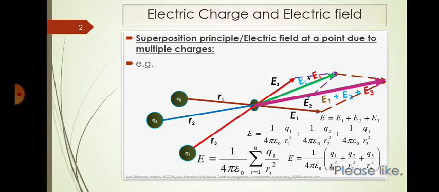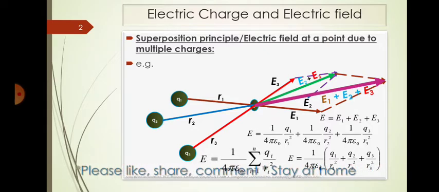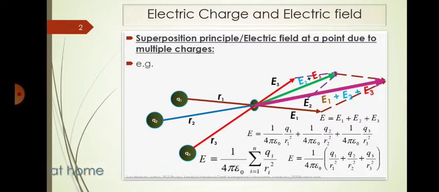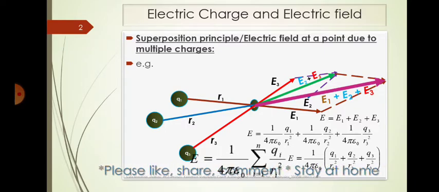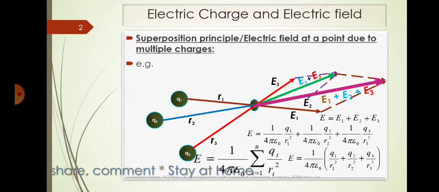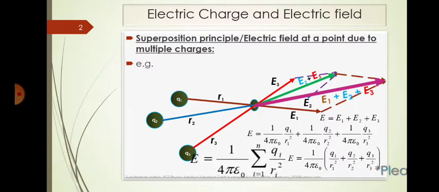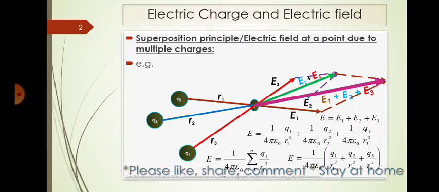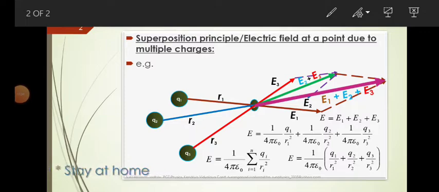Okay. So this superposition principle for electric field gives the resultant electric field at a particular point due to a number of charges in the vicinity of that point. I hope that up to this point it is clear to you and you have understood the meaning of the superposition principle for the case of electric field. Remember, whenever we use the superposition principle, it is basically to add up all the electric fields, or Coulomb's force, right. So this is about the concept of electric field and the application of the superposition principle.